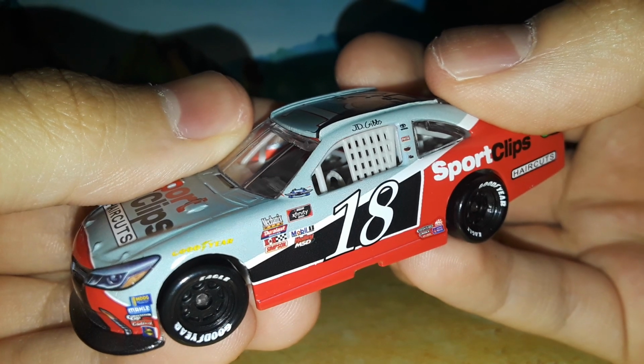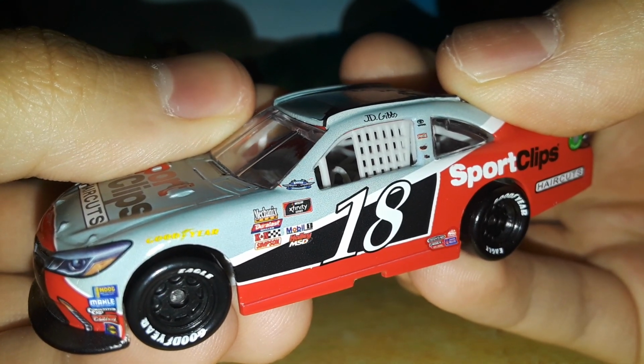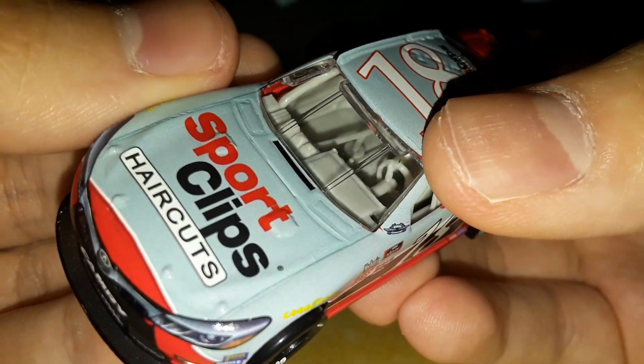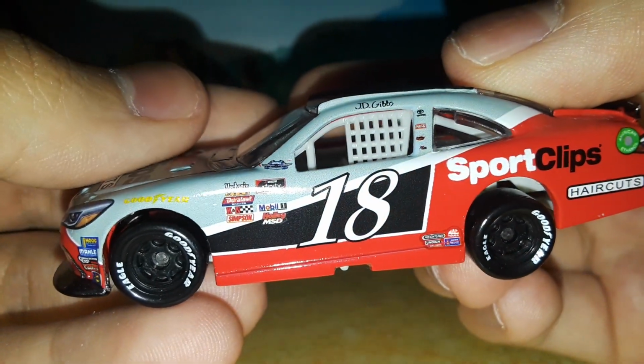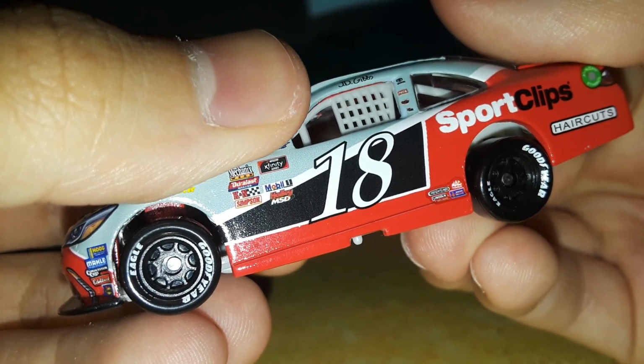Okay, so looking at it now, that car did kind of look like that, but it looked more on the silver side, more than anything. And it was metallic. This is just a gloss wrap. So that is kind of different. They altered this car, and also, if you're looking at the